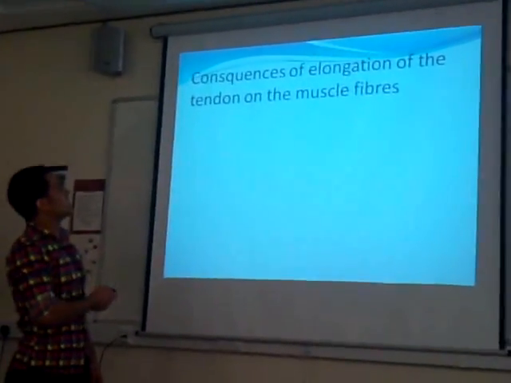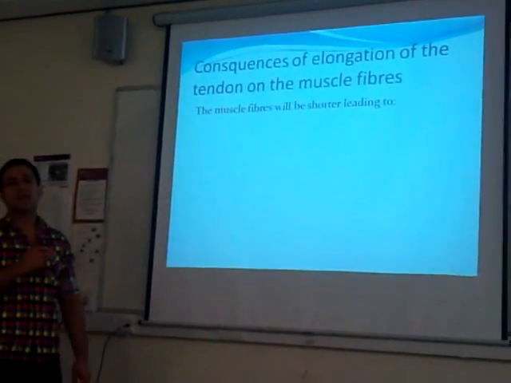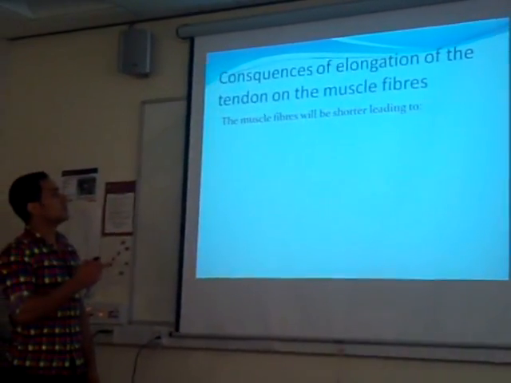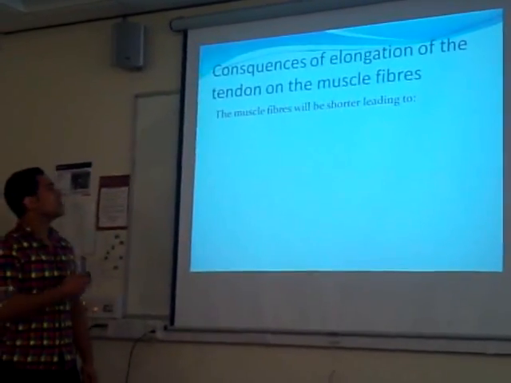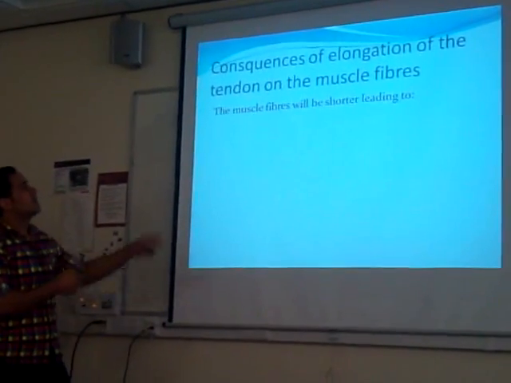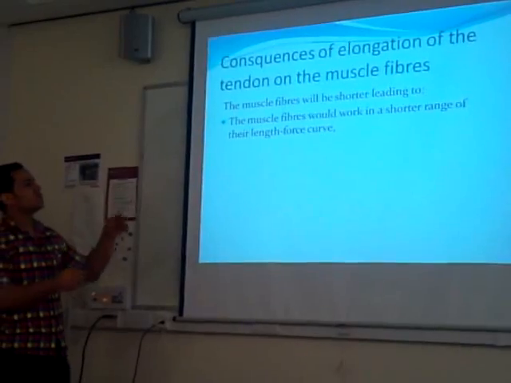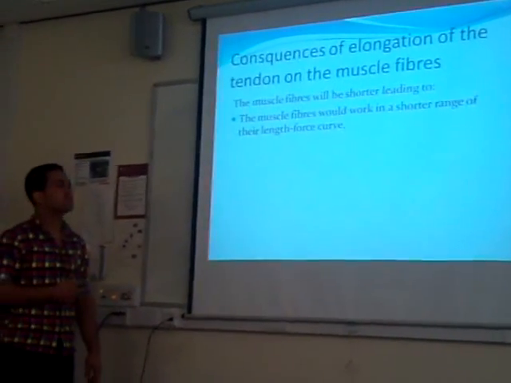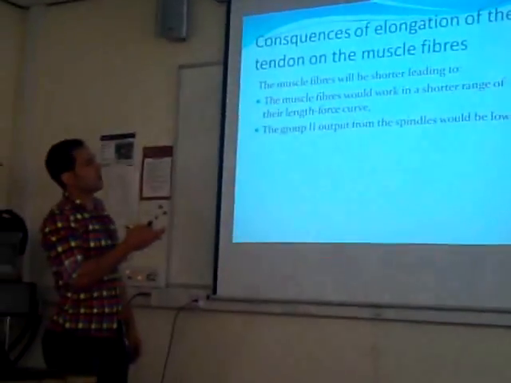Consequence of elongation on the muscle fiber. If the tendons or the ligaments elongate during cyclic loading, for example, when a person is running, this could have many major disadvantages on the muscle fibers. This will lead the muscle fibers to be shorter, meaning that the muscle fibers will work in a shorter range of the length force curve, the group 2 output from the spindles